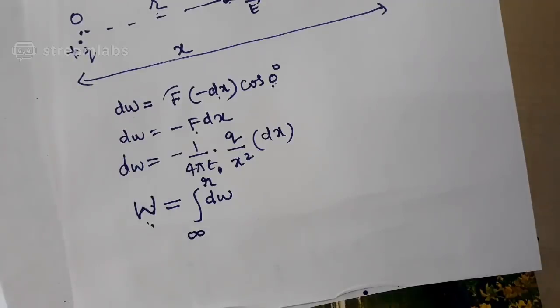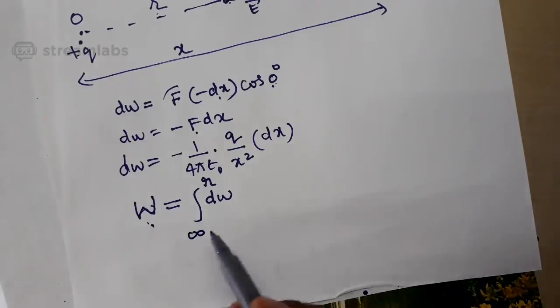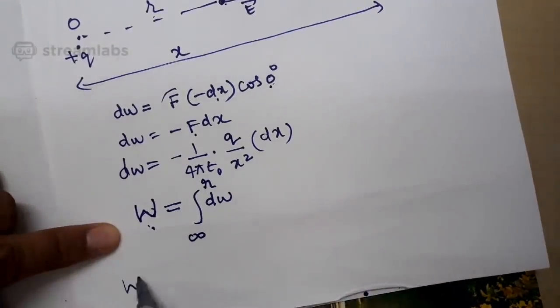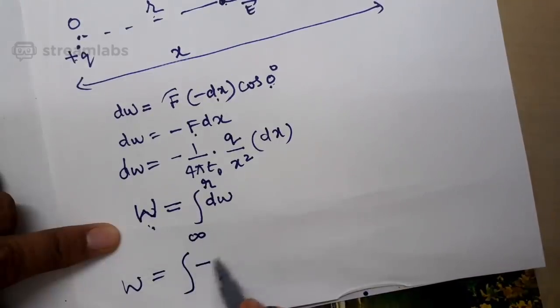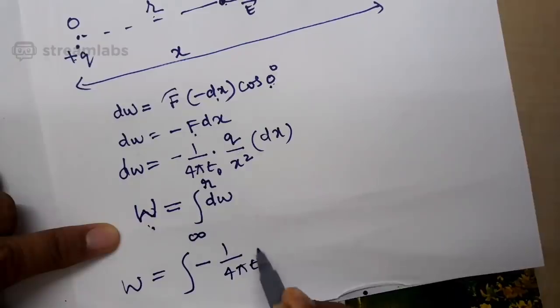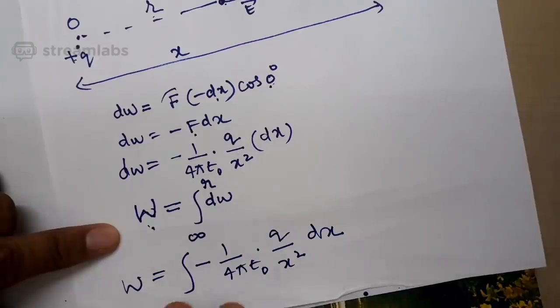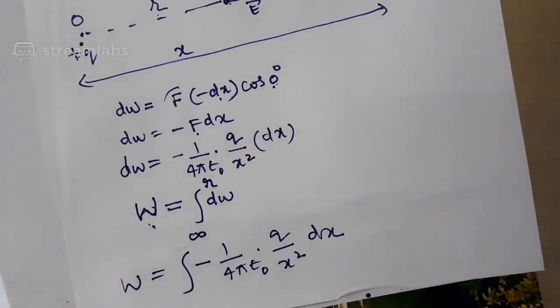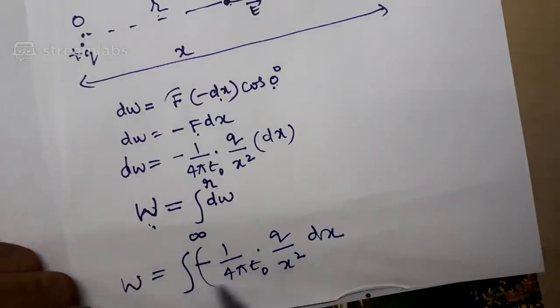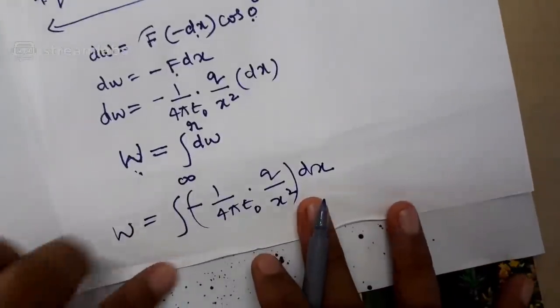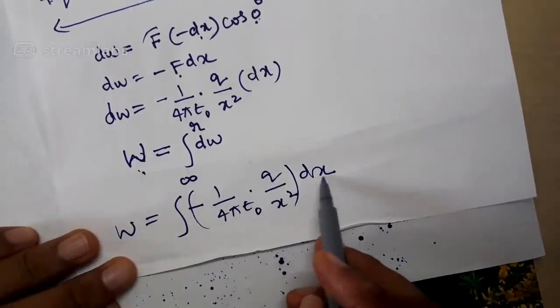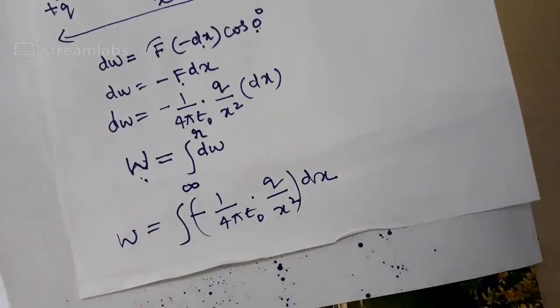It is very simple. If I do the substitution for dW here, W is equal to integration of minus 1 by 4 pi epsilon naught into q by x square into dx. Now one thing is clear from this. You must be knowing the basic integration. You already derived a mini derivation last year itself. You are integrating with respect to x. Still, we'll recall some basic equations of integration, which is required for our discussion. We'll keep it aside for the time being.